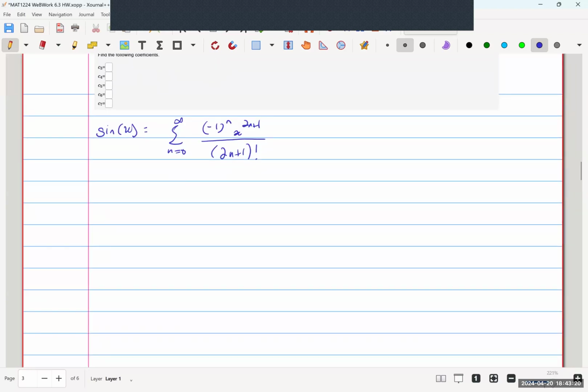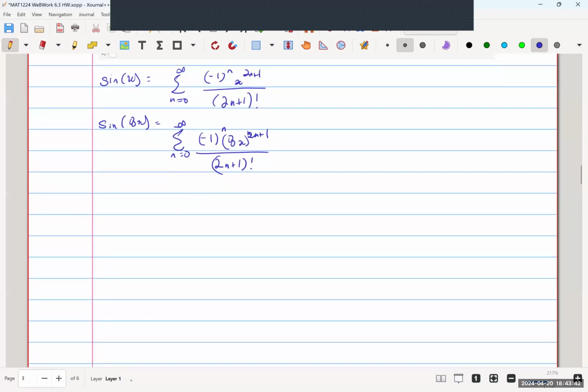And now we just multiply or replace x with 8x. Okay. It's not going to make any much changes except for this one right here. With 8x, exponent's still the same, and denominator still should be the same. Now we have to multiply by 6x squared, and that's going to give us,